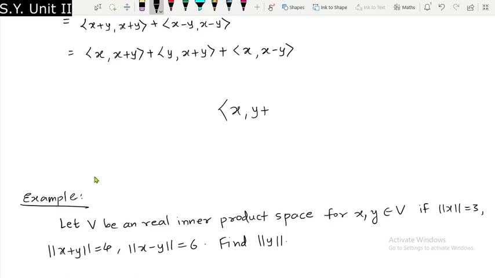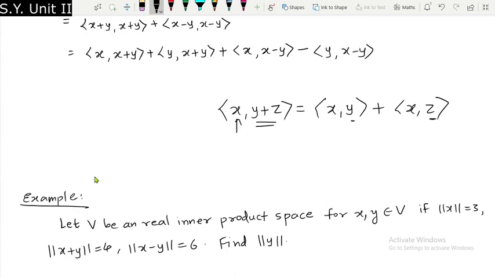Which property of inner product am I using? You already know that inner product of x with y plus z is nothing but inner product of x with y plus inner product of x with z. I mean, we are fixing this x and distributing y plus z, right? You can see y and z have been distributed. So the same logic I am using. Now I am fixing this x plus y, the second coordinate, as it is, and I have distributed the first coordinate. So here x and here y have come. Similarly, for the second term, I have fixed the second coordinate and I am going to distribute the first coordinate. So since the minus sign is there, you will have minus y,